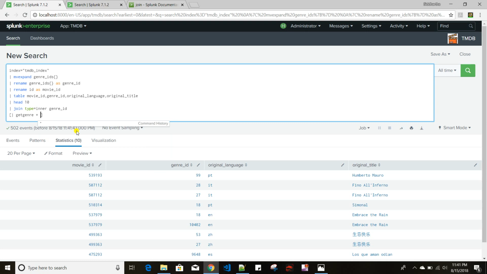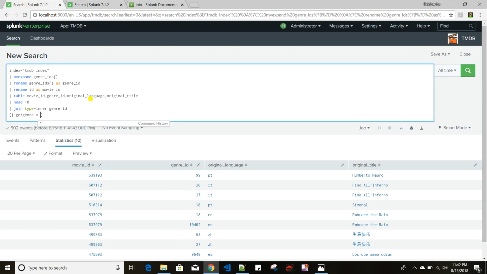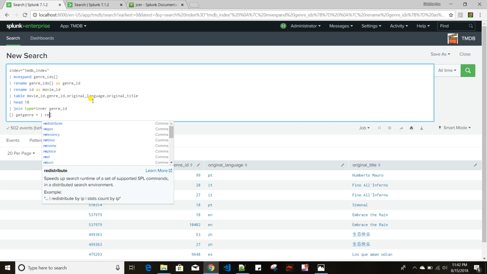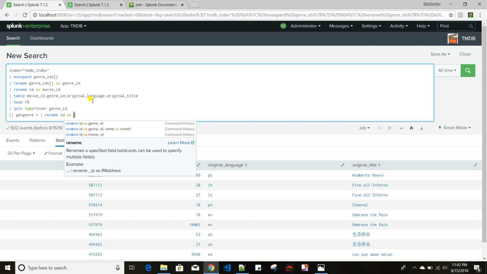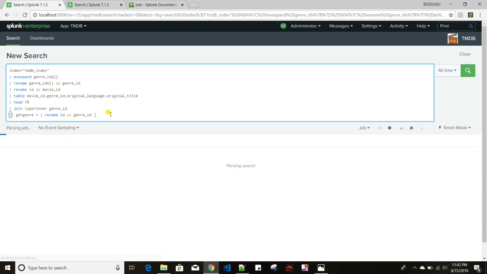Now there is one important thing you need to remember over here. The genre ID from the first data set, the field name is genre_id. If you see the getGenre star output, the genre ID name is id. So in Splunk join, both the field names have to match, with their case as well. So that's why I'll rename this id as genre_id, so that the field name and case will match. So if I run this query,